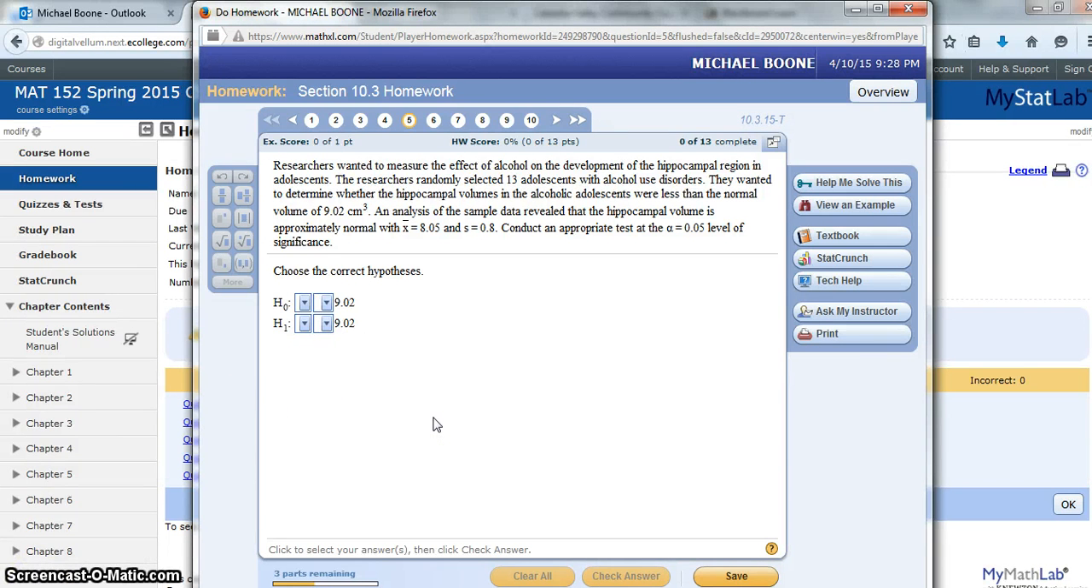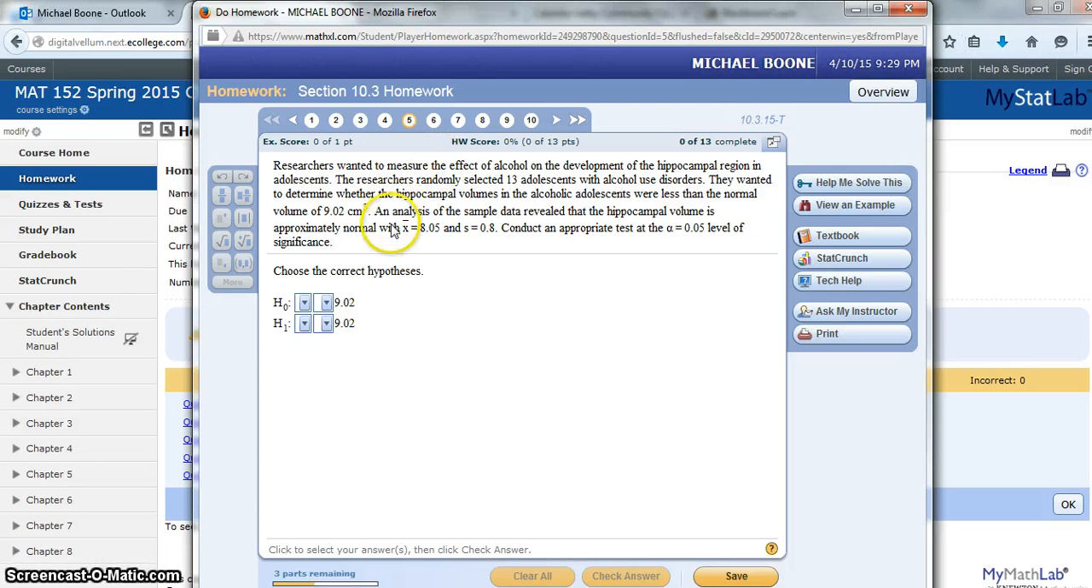Here we go into some chapter 10 section 3 ideas. In section 3 we're dealing with means. In section 2 we were dealing with proportions, and in section 3 we're dealing with means. So researchers wanted to measure the effect of alcohol on the development of